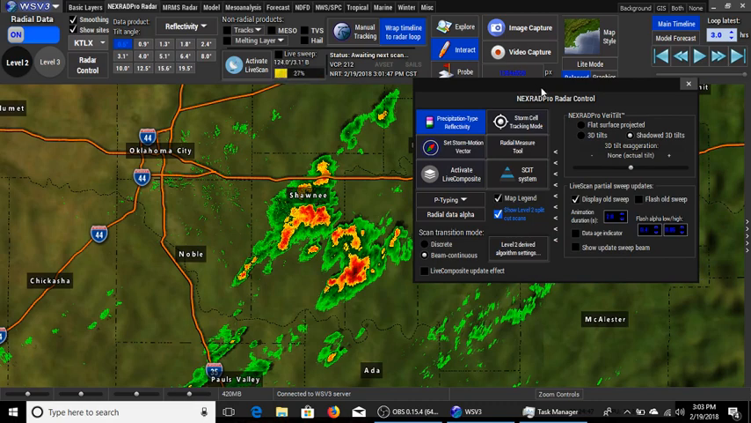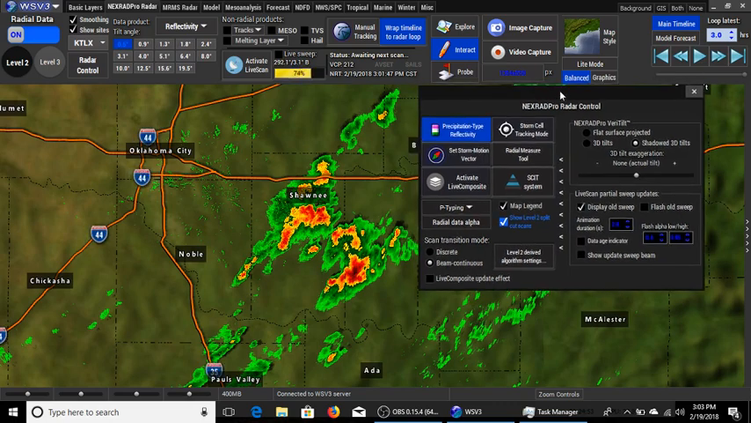It's really cool. Like I said, I like it for rapidly developing severe weather. Gives you a good picture of what's going on, how fast everything's happening. Then there's